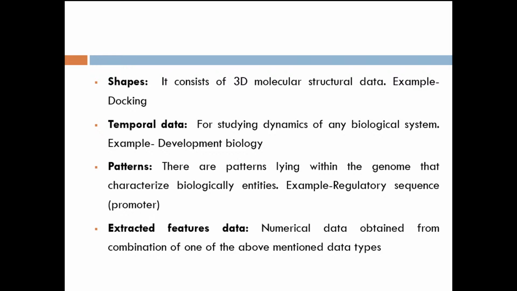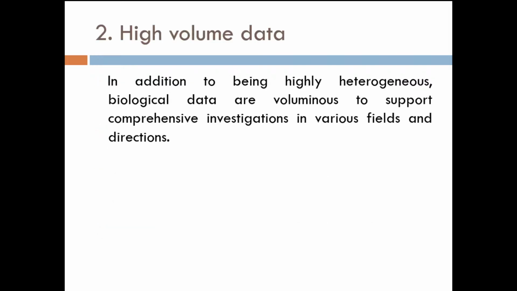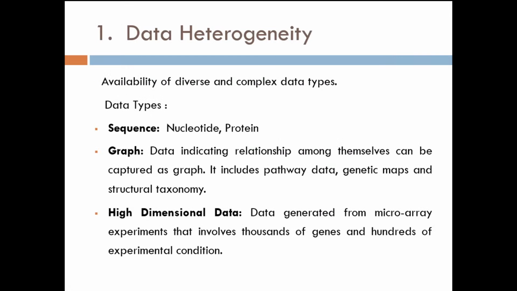Third, next, temporal data. Temporal data means studying the dynamics of any biological system, for example in developmental biology. Pattern data: there are patterns lying within the genome that characterize biological entities like regulatory sequences, such as promoter, operator, enhancer, silencer. So these come under pattern. Extracted feature data means numerical data obtained from a combination of one of the above mentioned data types. So these are the different types I told you about, the data heterogeneity